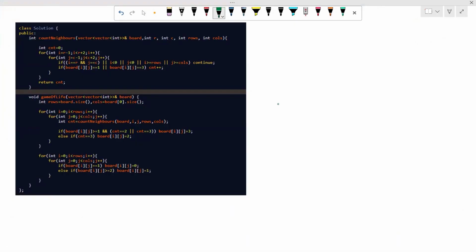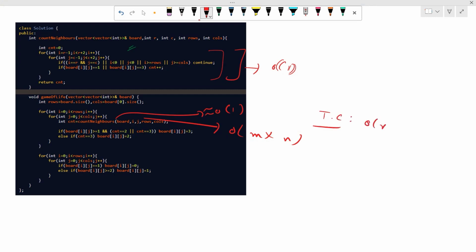So this will be calculated in nearly big O of one. And this loop will run big O of m cross n. And this function is taking nearly big O of one, because we just need to run a loop a constant number of times, right? That's why it's nearly big O of one. So now the time complexity would be big O of m cross n, and the space complexity is big O of one,